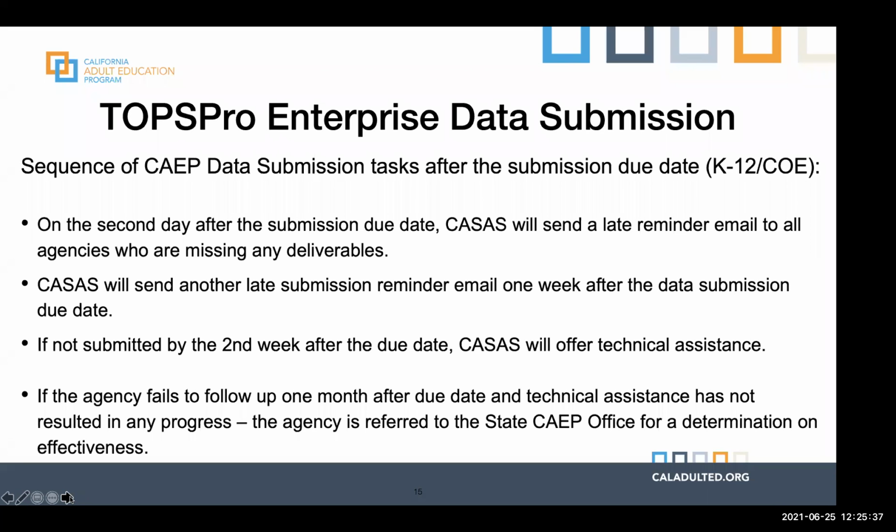And then a week after the data submission due date, we'll send another late reminder to all the non-submitters. If 2 weeks pass, we will then send another late submission reminder to the agencies, and that 2-week reminder will include the offer of technical assistance. And then if it's a month later, we will turn the key over to the state CAPE office for more determination on effectiveness.